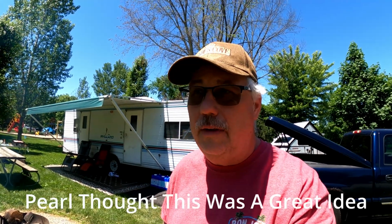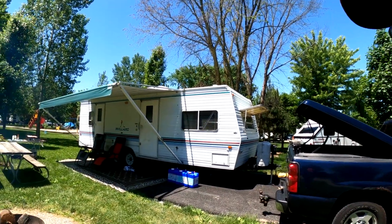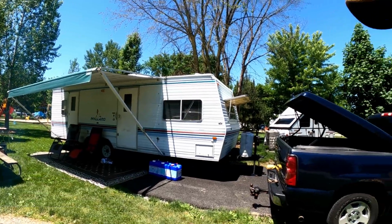Had a request from Gladys and Kenny. They were asking if we had a tour of our camper. We've had our camper for so long. We got it in 2006. It's a 2000 Fleetwood Mallard. We've had it since '06. So, yeah, to us, it's a camper. Sorry, doesn't have no name. Either we call it camper or Mallard or one or the other. So